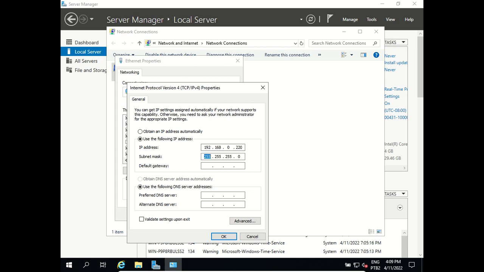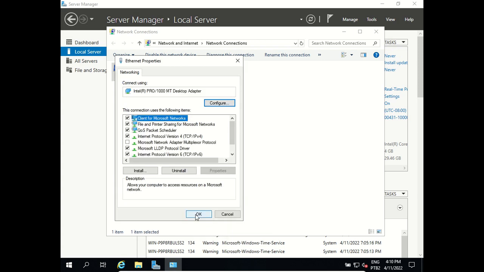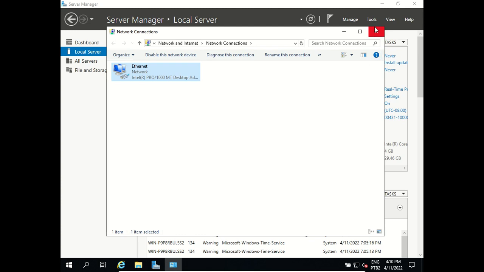My subnet mask will be a class C, and my default gateway, which is the IP address of my router, and my primary DNS server and my alternate DNS server will both be from Google. I'll click OK. I'll click OK again. I'll close it,